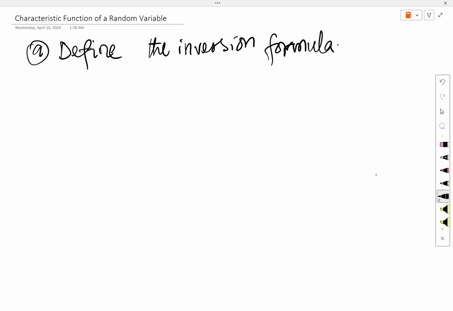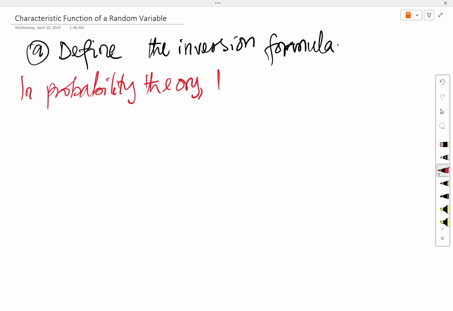But in this case, since we're talking about random variables, it will be the inversion formula in terms of probability theory and statistics. To answer that, you need to understand that in probability theory, the inversion formula